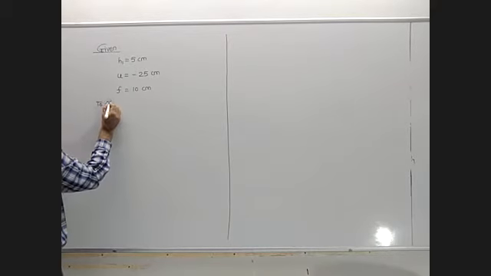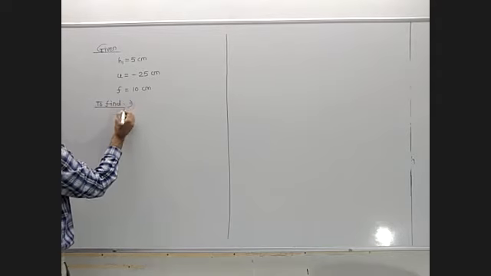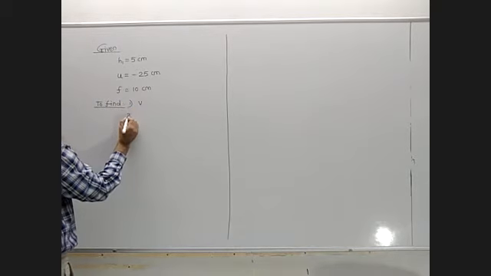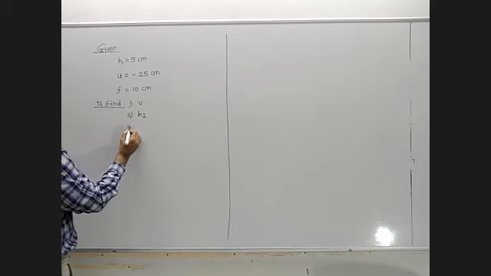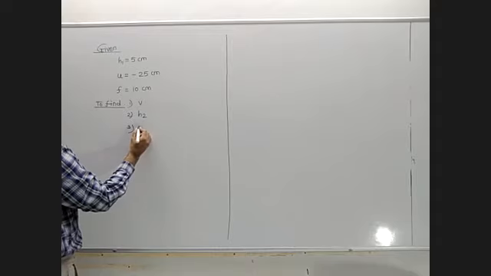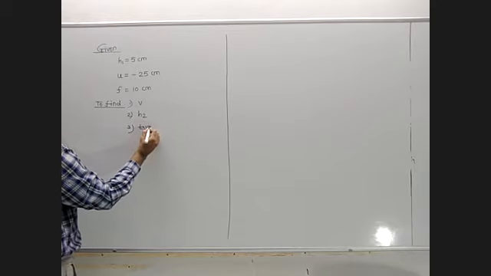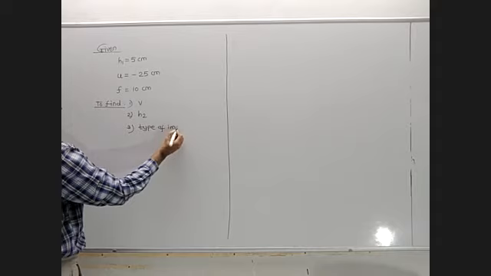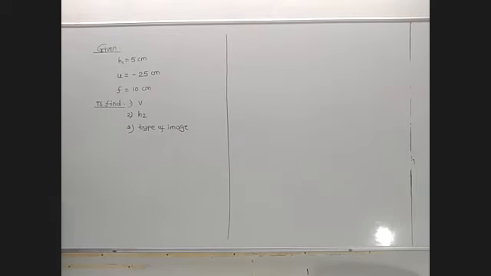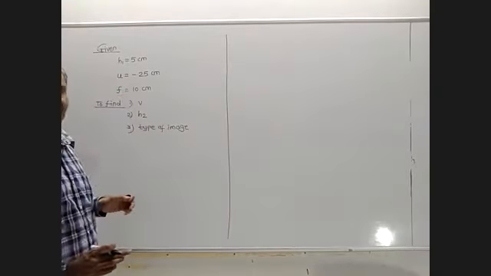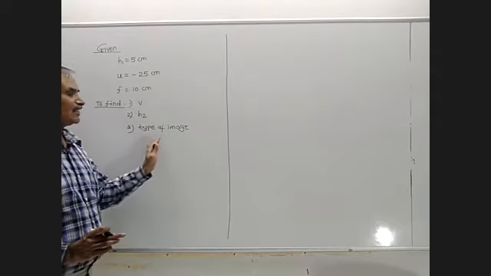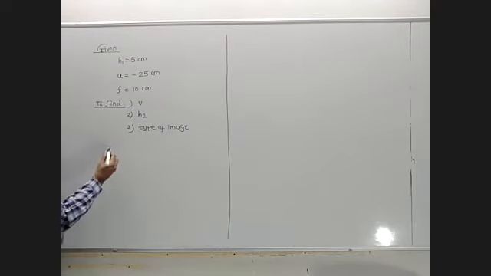So to find, first the position of the image, then size of the image, means height of the image h2, and then third, type of the image, this means nature. Type of image means nature you have to find. So here h1 is given 5 centimeter, u is minus 25 centimeter, f is 10 centimeter. You want to find v, h2 and type of image. So now, in the calculation,